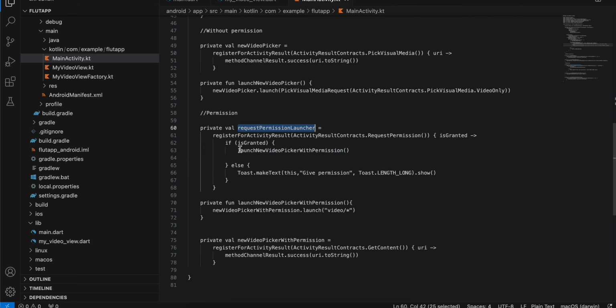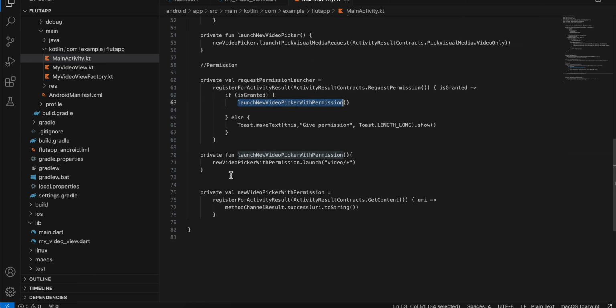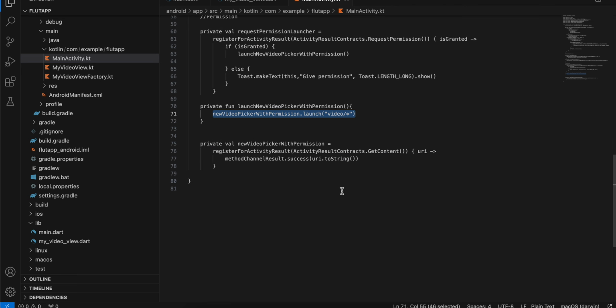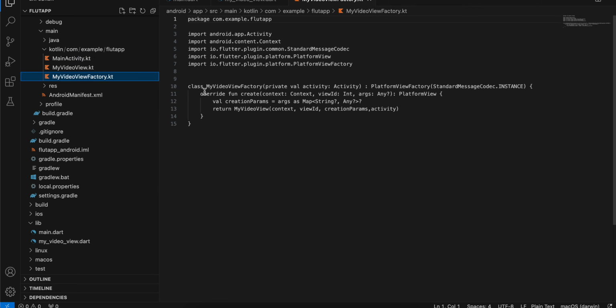And once all the permission has been granted, we call launchNewVideoPicker with permission, and here you can see the MIME type is video/*. And we are sending the URI back to the native side. And here first of all I have defined my video factory,